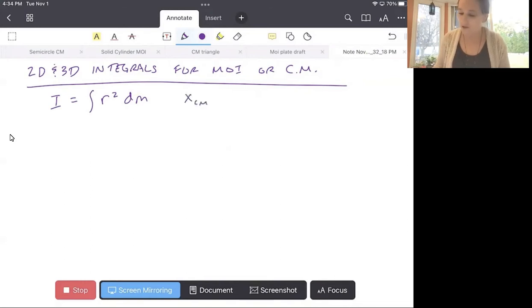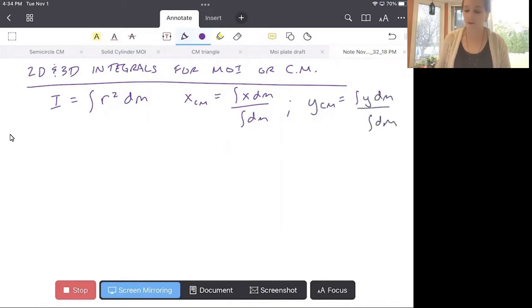For the x position of the center of mass, I have the integral of x dm over the total mass, which is just the integral of dm. And then I have the y location of the center of mass, the integral of y dm over the integral of dm. So if we look at these integrals, when we are doing a single dimension, in 1D, we've seen that we can write that dm, which is just, again, a tiny bit of mass,